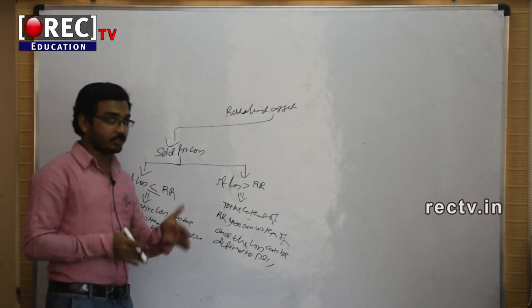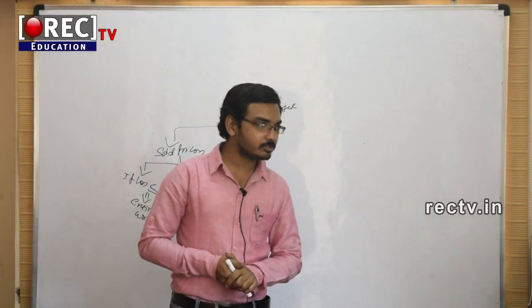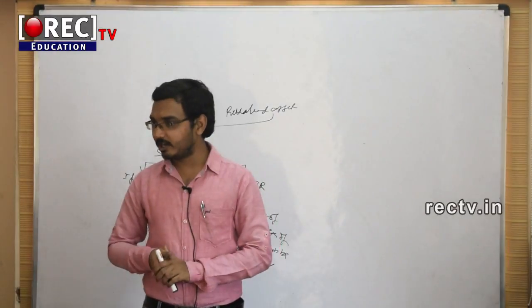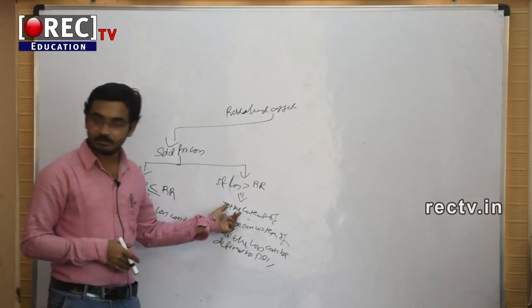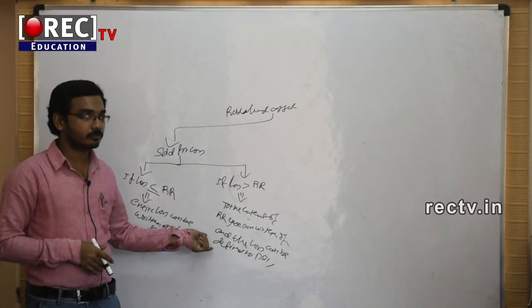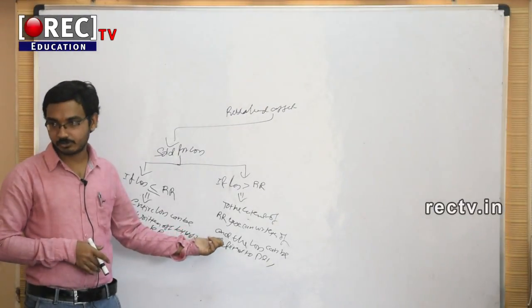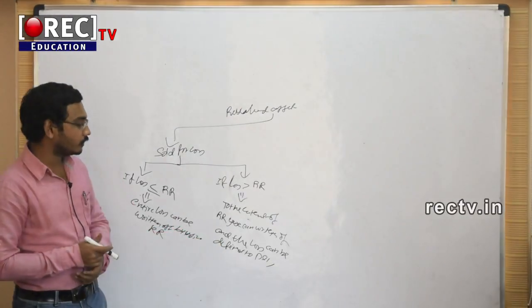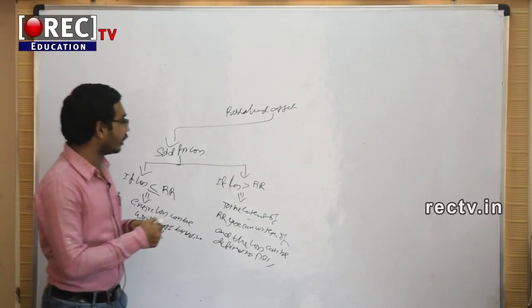Utilized portion means expenditure, we already discussed earlier. It's the utilized portion that is said to be the loss that can be considered in P&L account. If now